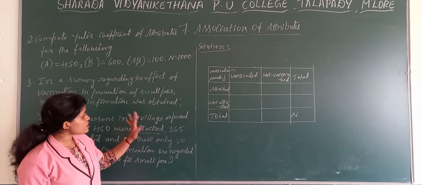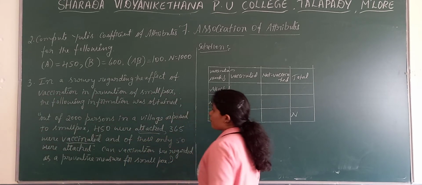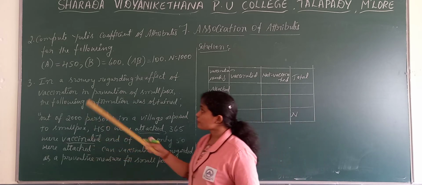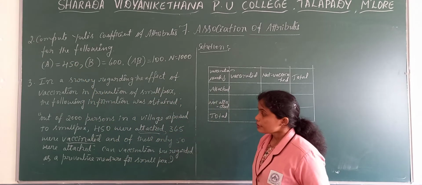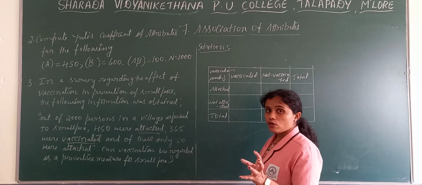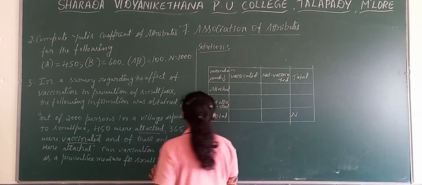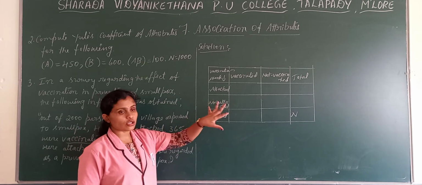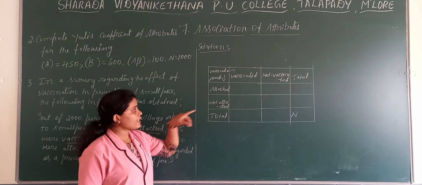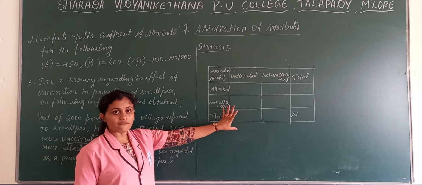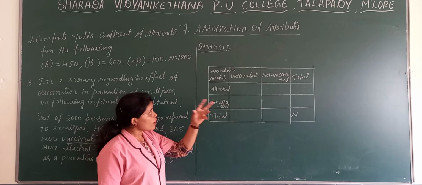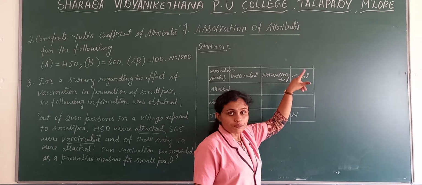Now firstly, what information have they given? They have not directly given it like in the second problem or the first one. Here we need to identify it. If we get confused, we can write vaccinated or not vaccinated, or attacked or not attacked. We can present the table in this format with what they have given. Or else you can write here A alpha.